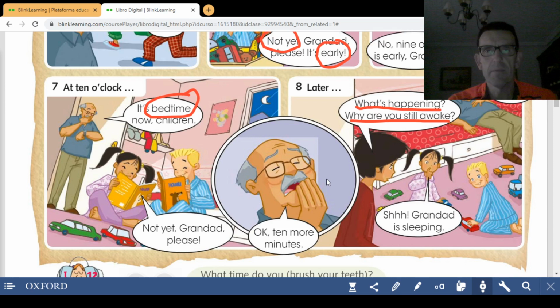This one, read and circle A or B. You have 5 sentences and 2 options, and these sentences are related to the story. The story, what you have in the classbook, page 48. Don't invent the answer. If you don't remember the story, don't worry. You look at your classbook and you find the information and you answer the question. Perfect, no problem. In Spanish, si no veis la respuesta, si no la sabéis, no la inventéis. Vais al classbook, lo miráis, cogéis la información y la escribís bien. Okay? So it's what you have to do. So you stop the video and you write the answers to this question.